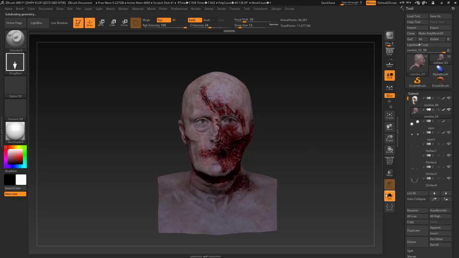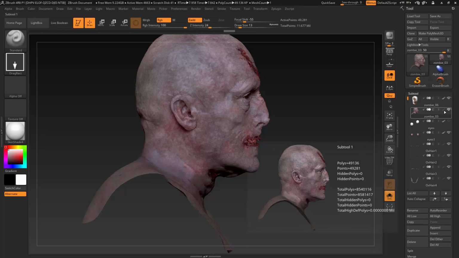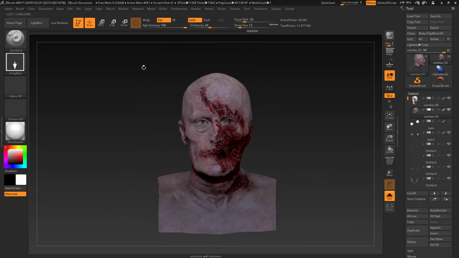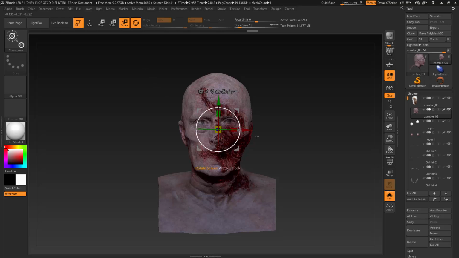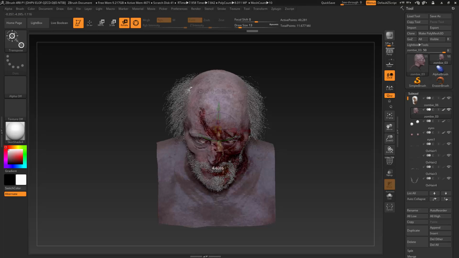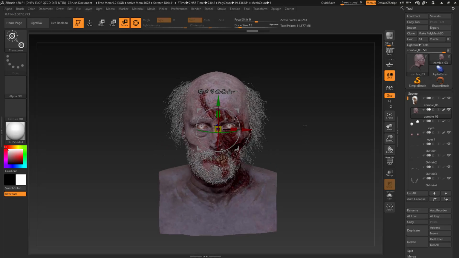And basically now with the body masked and the head unmasked, if I go here to rotate and start rotating this guy around, as you can see, this is not moving anything else except the head that is unmasked. To fix that,